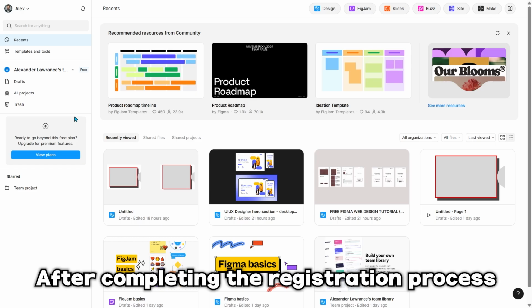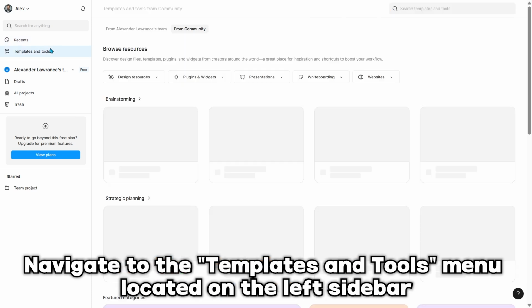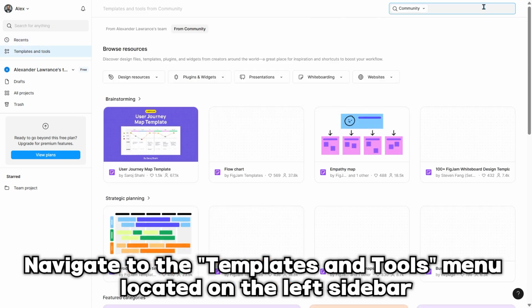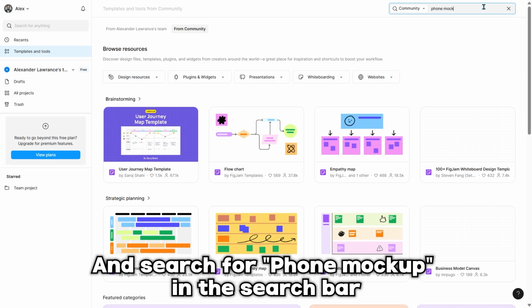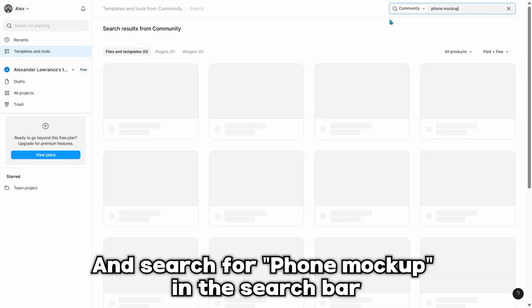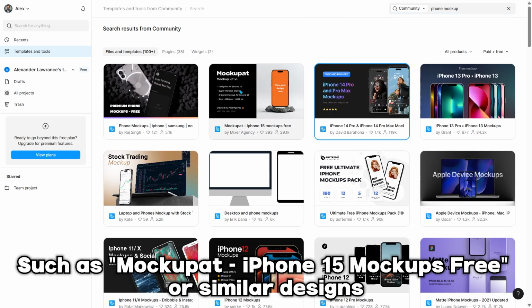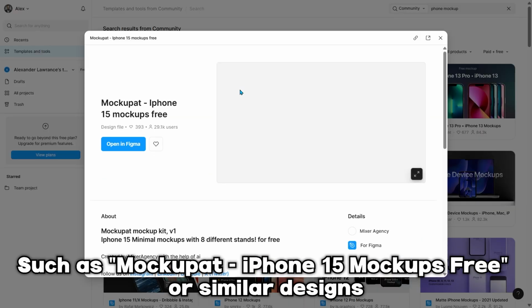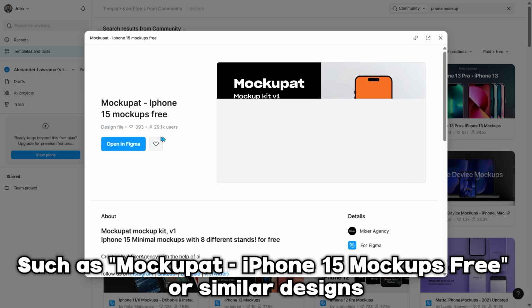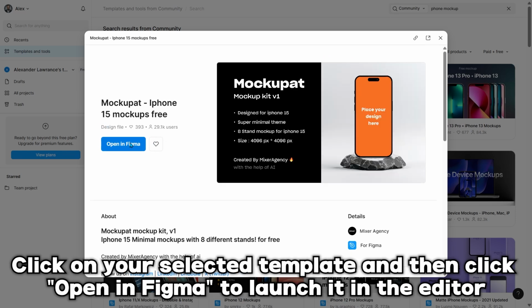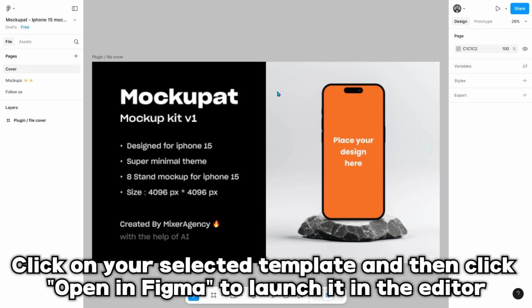After completing the registration process, navigate to the Templates and Tools menu located on the left sidebar and search for Phone Mockup in the search bar. Choose one template that appeals to you from the available options, such as Buggg or similar designs. Click on your selected template and then click Open in Figma to launch it in the